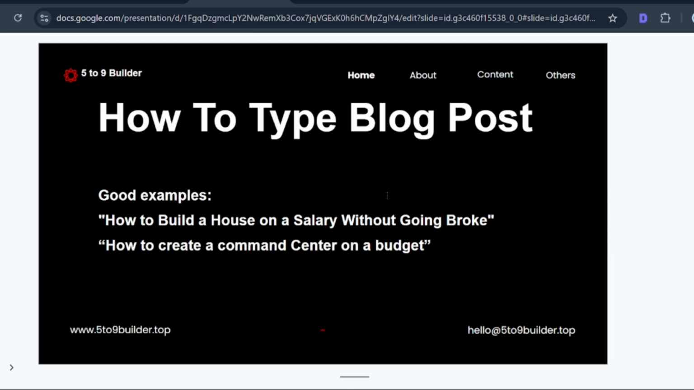Now, the first on our list is the how-to type of blog post. When we say how-to type of blog post, we are looking for examples like how to build a house on a salary without going broke, how to start a business, how to start a blog, how to design a website, or how to create a command center on a budget. Whenever you see a title like this,